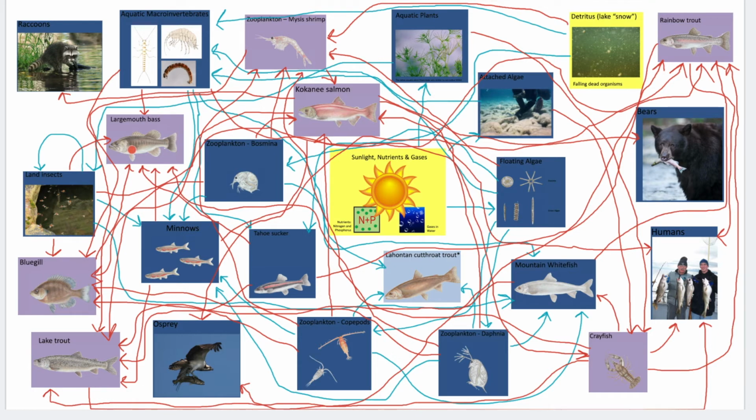So I'll go ahead and tell you now, the purple color is a non-native species to Lake Tahoe, where the blue color represents a species that is native to Lake Tahoe. So the Lahontan cutthroat trout is a native species to Lake Tahoe, whereas the kokanee salmon is a non-native species to Lake Tahoe. All of the cards that are purple indicate that that species is not native to Lake Tahoe. It came to Lake Tahoe at some later point in its natural history.